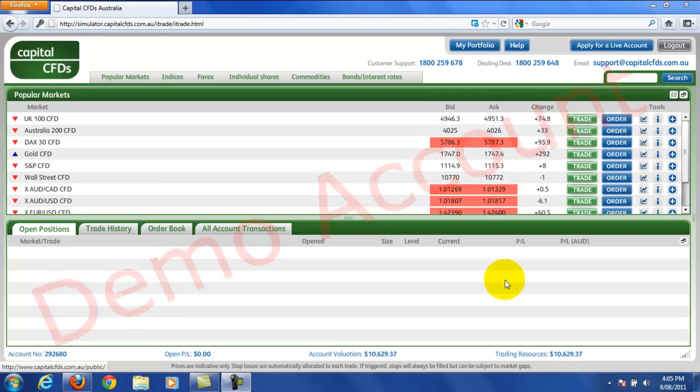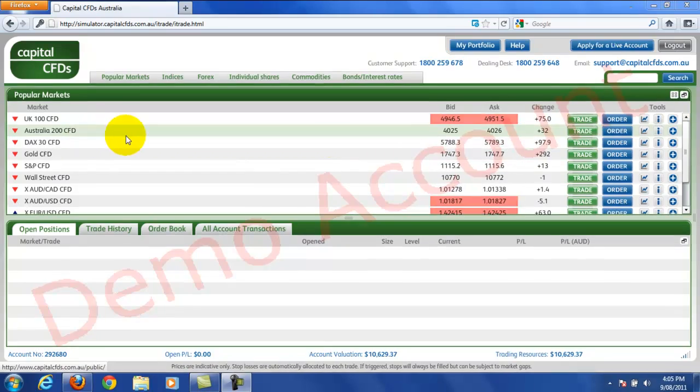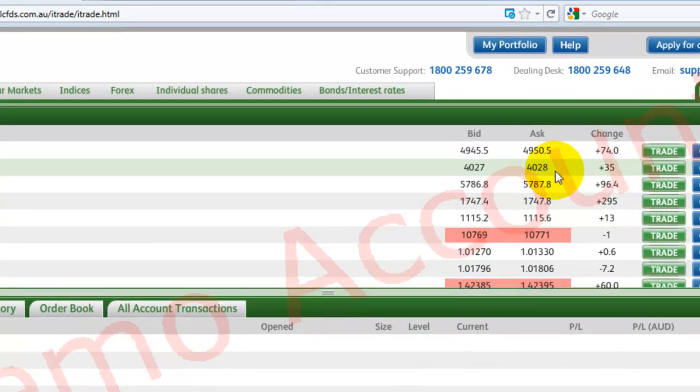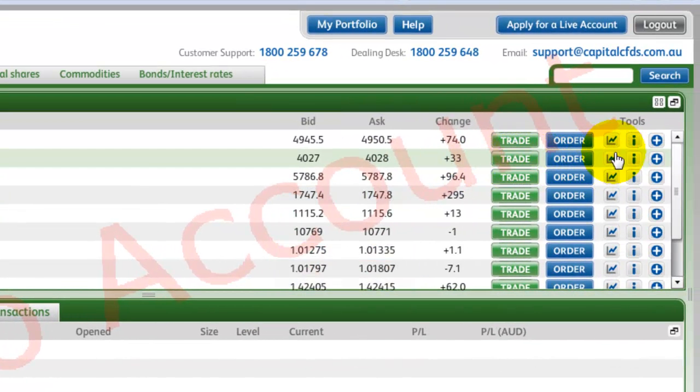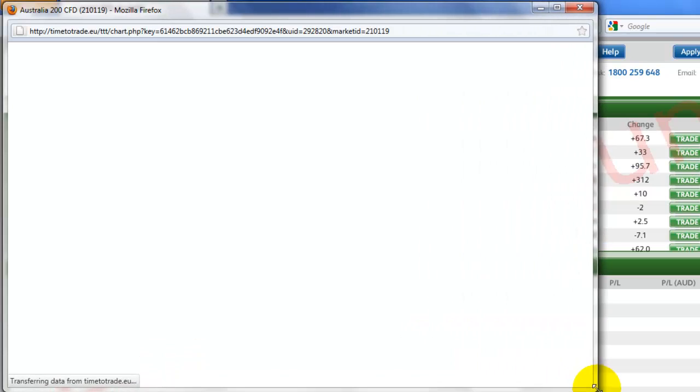Today we're going to take a look at a trading strategy using a simple moving average crossover on the Aussie 200 CFD. Now you'll notice the market is sitting at around 4,027, and over on the right hand side here we have an opportunity to view the chart on this particular index. So I just click on the show chart icon over here and it brings up the ability to see exactly